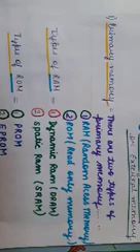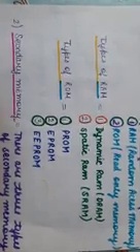The types of memory: first is the primary memory, also known as the internal memory. Second is the secondary memory, also known as the external memory. There are two types of primary memory. First is the RAM, full form of RAM is random access memory. Second is the ROM, that is the read only memory. Types of RAM are dynamic RAM and static RAM. Types of ROM are PROM, EPROM and EEPROM.